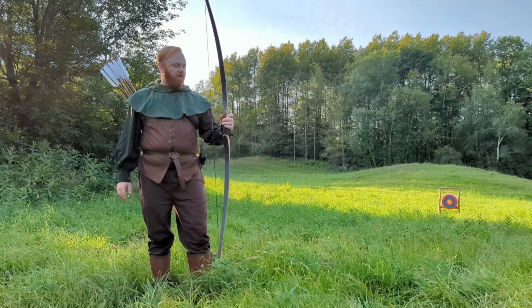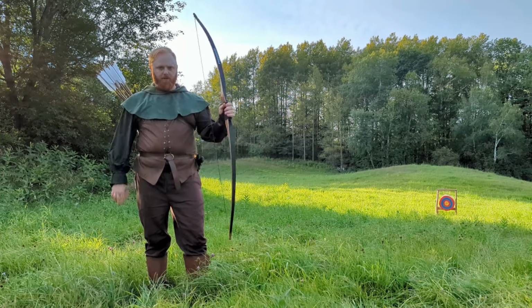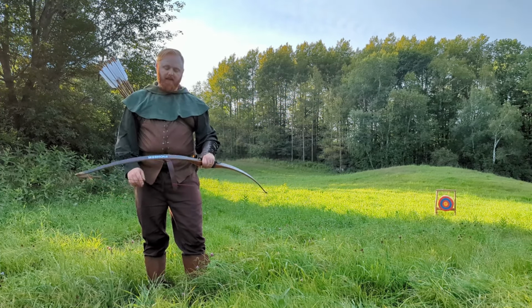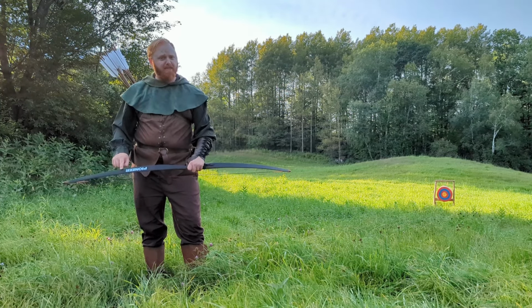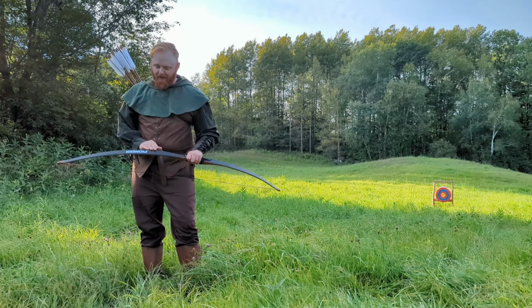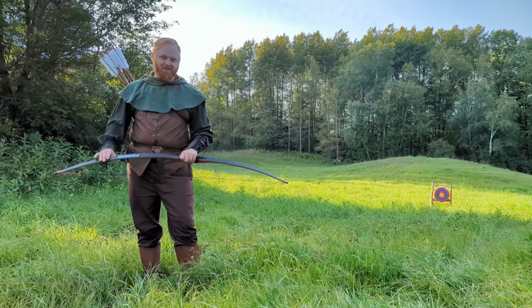Only other thing to keep of note on this, we do have a horsehair pad on the arrow rest, and we do have a leather-wrapped and tied grip for our hand. So overall, the appearance of this bow I quite like. The only thing I would change is I hate when bows put a great big white logo right on the front of them. I know it's because they want their product to be recognized. But what it does for the traditional archery shooter is really throw off any immersion you have that it's even somewhat historically